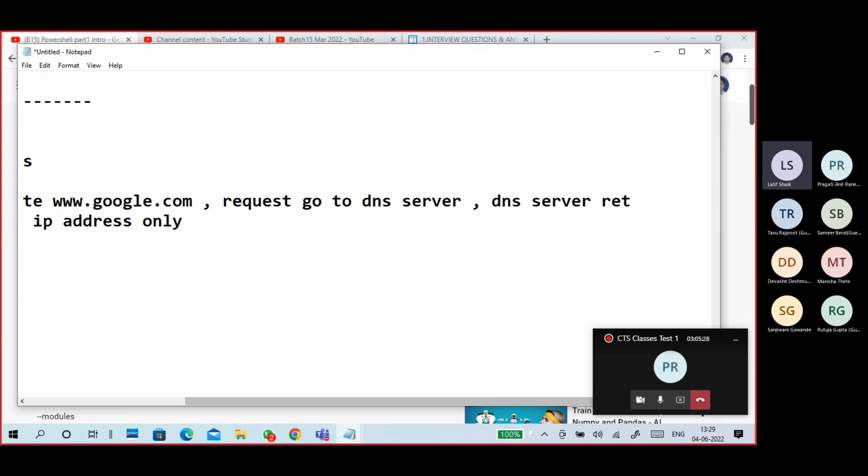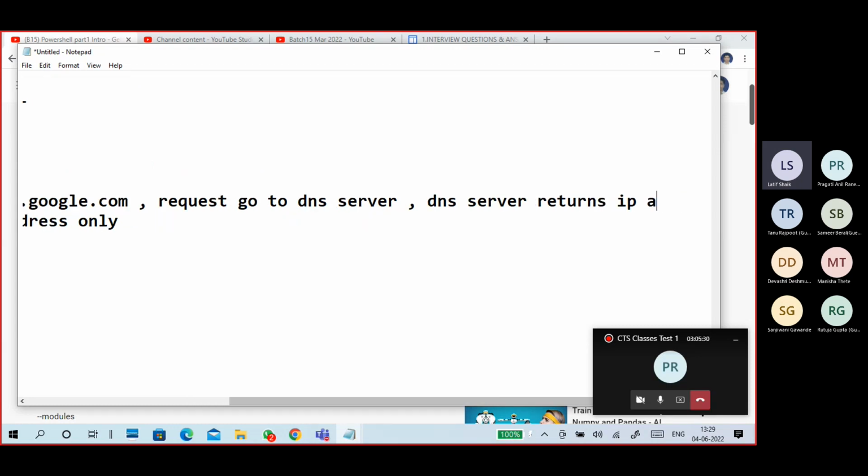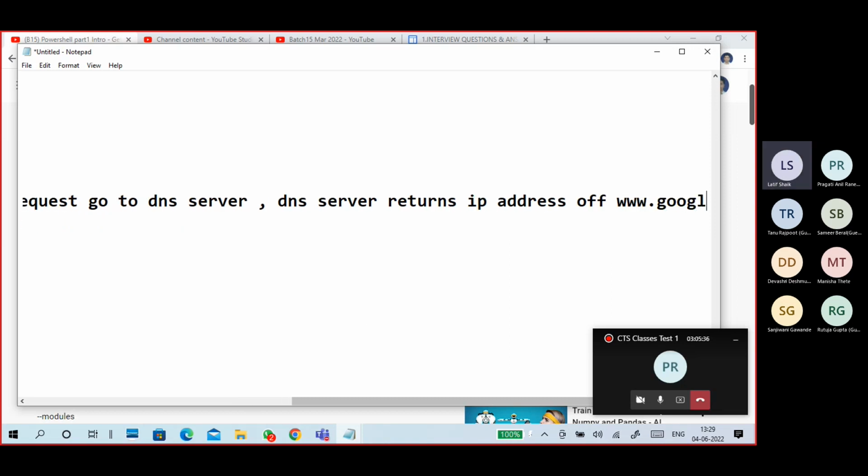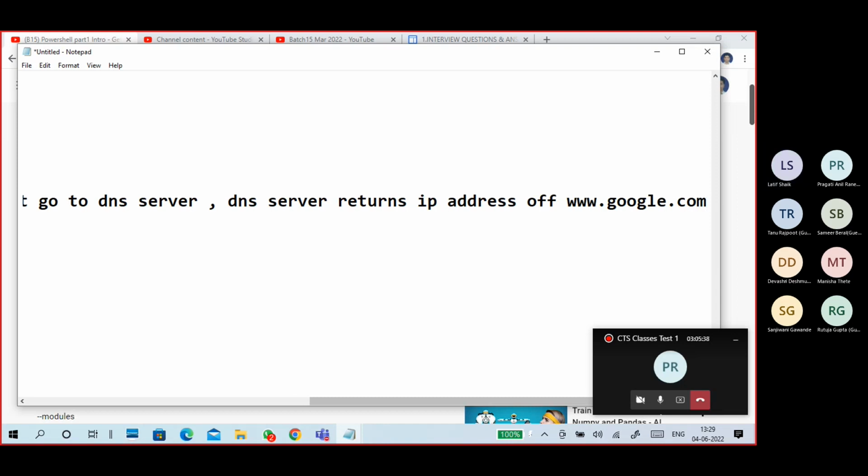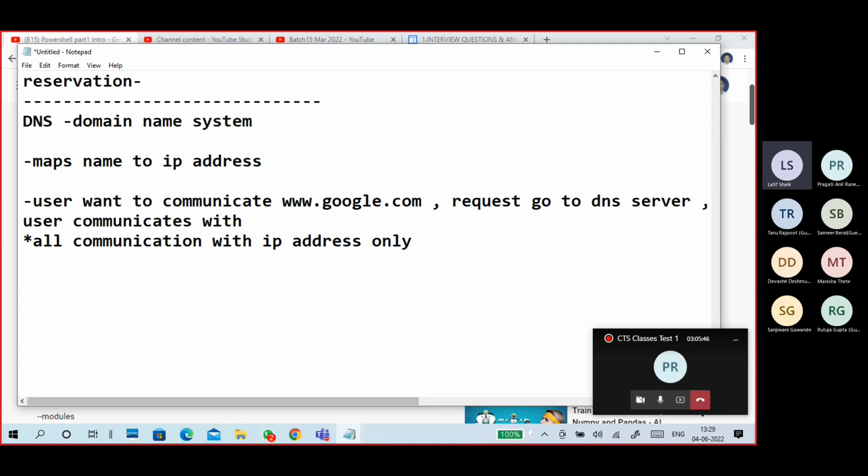The DNS server returns the IP address of www.google.com, and then the PC communicates with the google.com IP address.